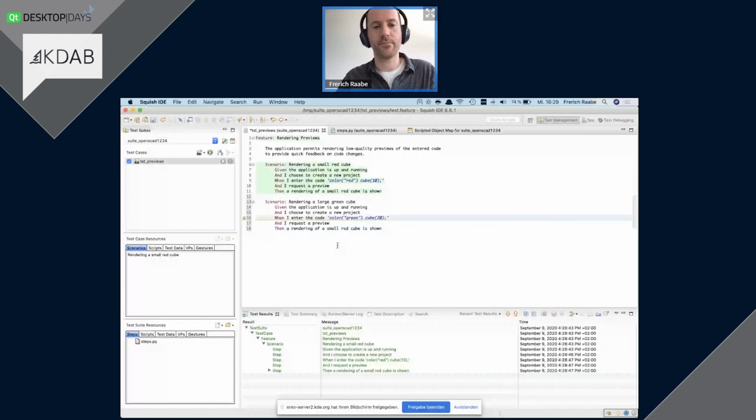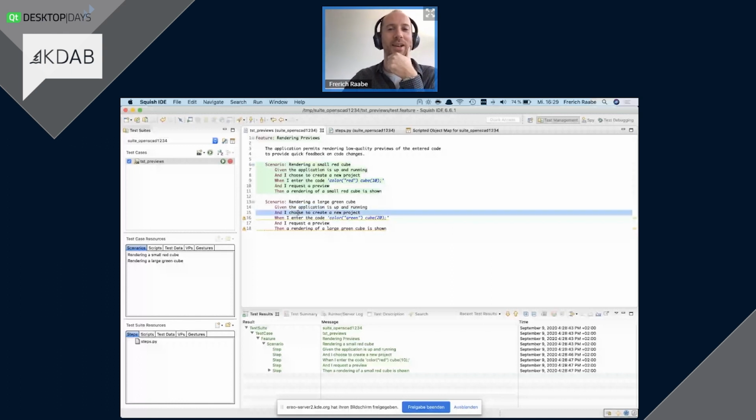Like this. And you can see this time there are just 2 warning icons. And that's because Squish knows that certain steps have already been implemented. Squish knows that choosing to create a new project is a matter of clicking that button because we taught Squish when recording the first scenario. So this time around, it only wonders about these two steps. And as before, we need to fill them with life, but only the missing steps.